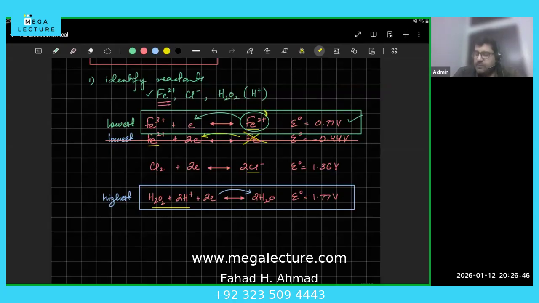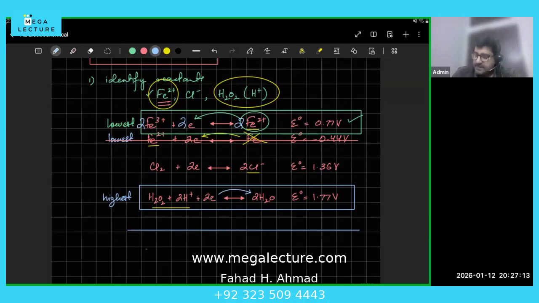So Fe2+ is the one that loses electrons. So I figured out that the reaction is between these two. Okay? It's between these two. And what we can now do is add the two reactions up and come up with our redox equation. So how do we add up? I need to make the electrons 2 so that the electrons are balanced. I'm going to add up the reactants and the products. So the reactants, the first one is 2Fe2+. This one. Okay, that's my reactant.